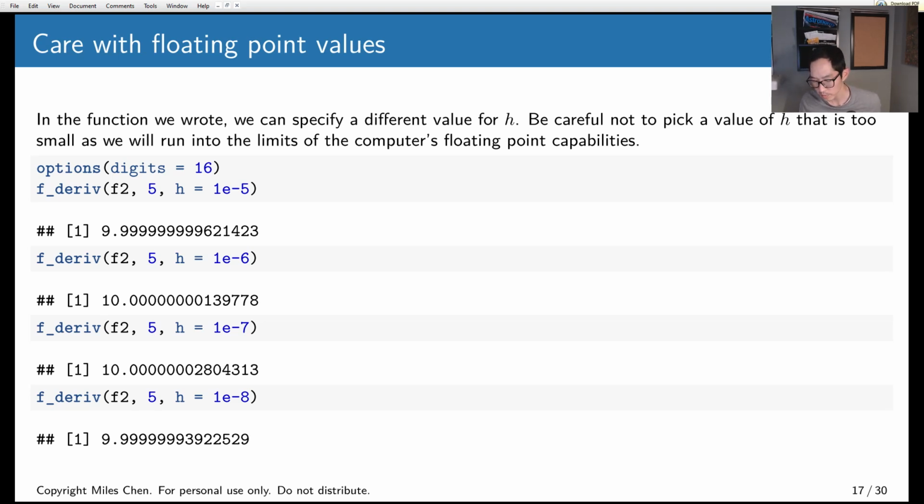Okay, 10 to the minus 6, and then as far as the definition of the derivative goes, it's the limit as h goes to 0. So why don't I just choose a really small value of h? Okay, well, what happens is if you use too small of an h, then you run into problems with